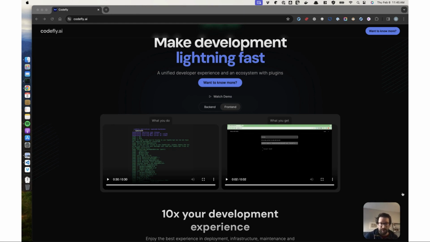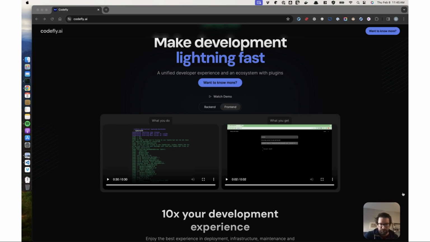Codefly is a tool I wish I had all these years to help me focus on what I needed to do and to write the code that needed to be written. If you're joining me, I hope it's because you're sharing the same pain that I had and you want to find a better solution. So for me to introduce codefly to you, I'm gonna pick, as usual, a Hello World